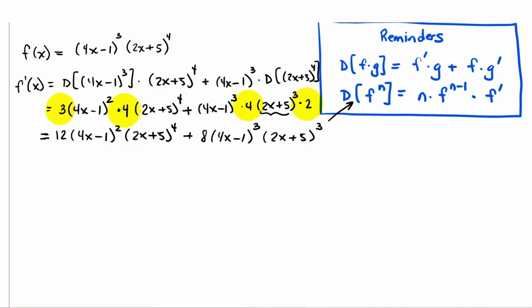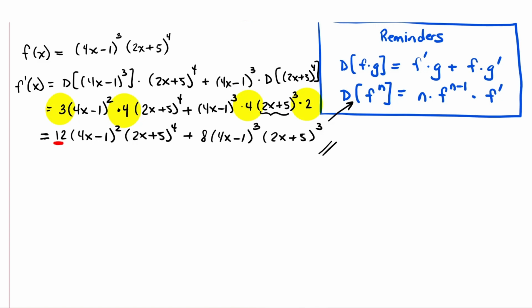Now ordinarily that would be considered sufficiently simplified, but we're going to take it one step further because coming soon in this course, we're going to be taking derivatives and setting them equal to 0, which means that the factored form of the derivative is going to be very useful to us as well. So I'm just going to put a little hatch mark here to remind you this is going to be okay for now, but we're going to want to go further later. So in looking at this,